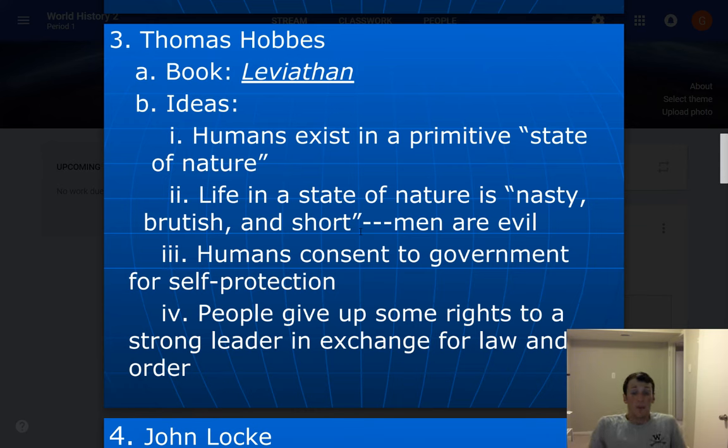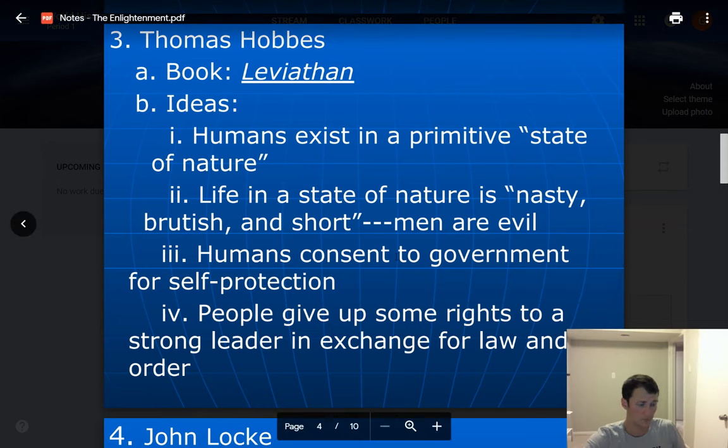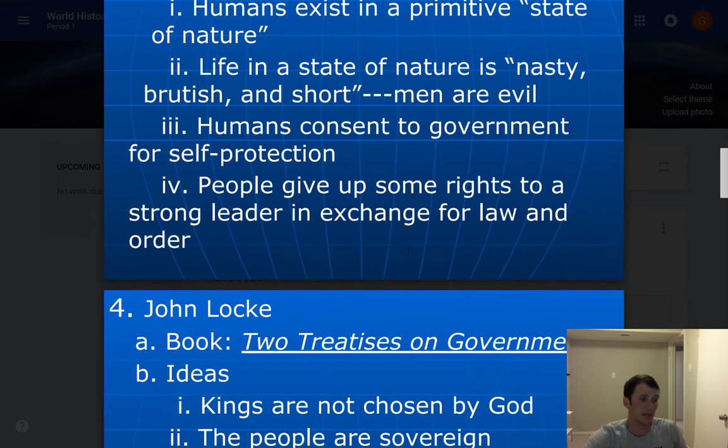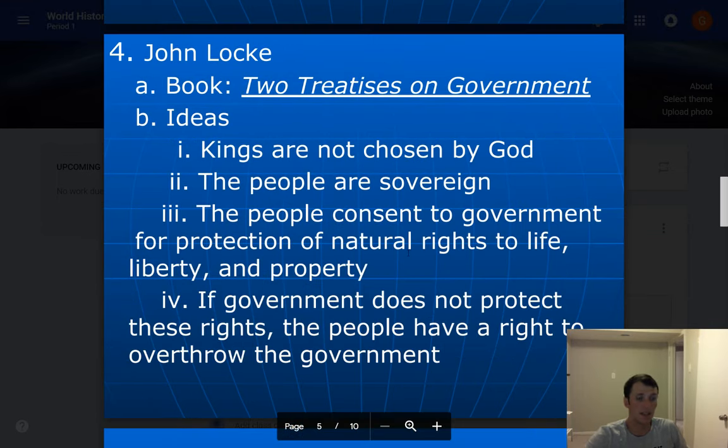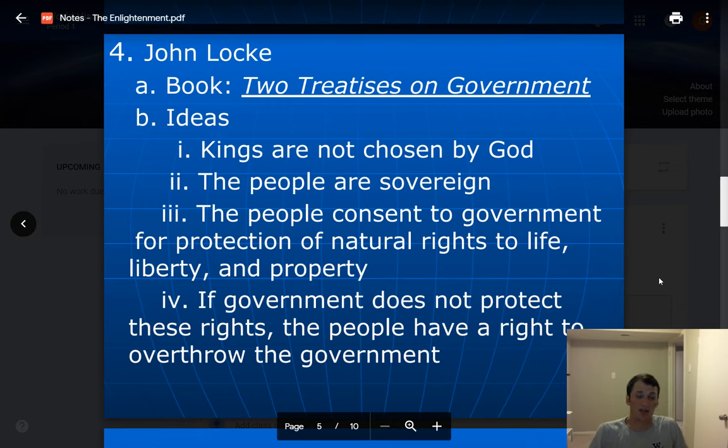So going back to Hobbes, you have humans consenting to government for their self-protection. That government exists to protect themselves from other nasty people, and that people are going to give up some of these rights to a strong leader or government in exchange for that protection, for that law and order that they're going to experience. Okay? So that's Hobbes. He's the most pessimistic of these guys for sure. So next we have John Locke. John Locke writes what's known as 2 Treatises on Government. And the big thing about Locke and what makes him